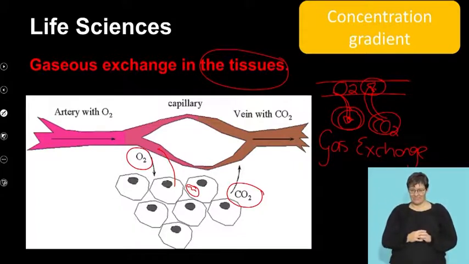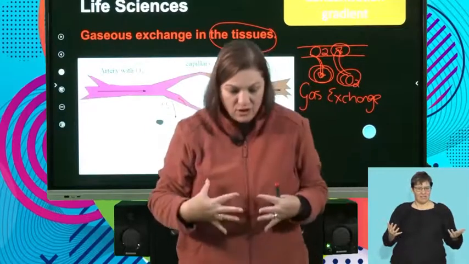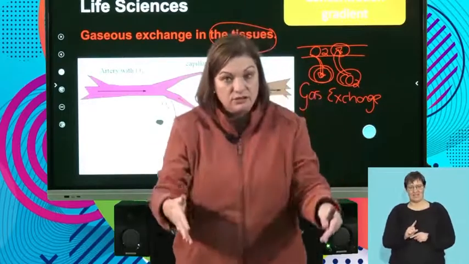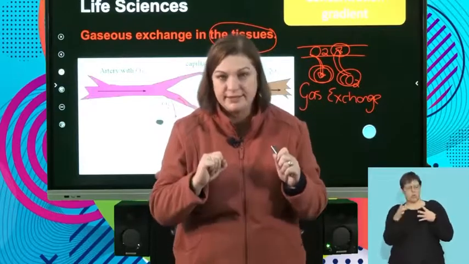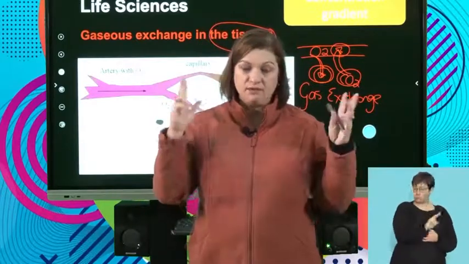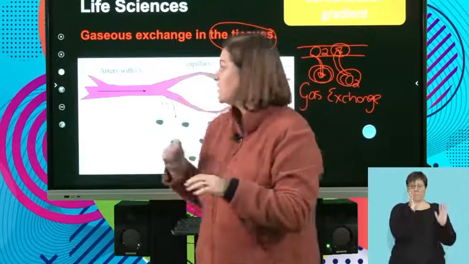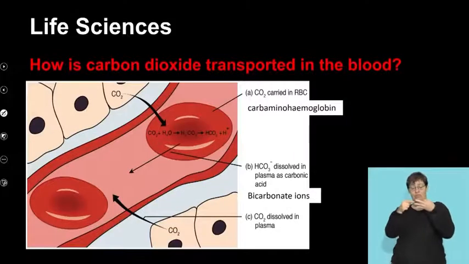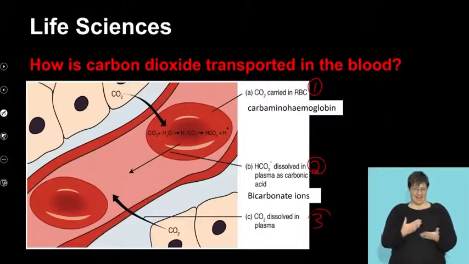Now, where is the carbon dioxide? It must go back to the lungs. So what does it do? It needs to go into the blood. Now, carbon dioxide has a few more choices in how it's going to be transported than oxygen, which red blood cells just take. So what we have over here, I want you to have a look. There are 3 different ways in which carbon dioxide can move.